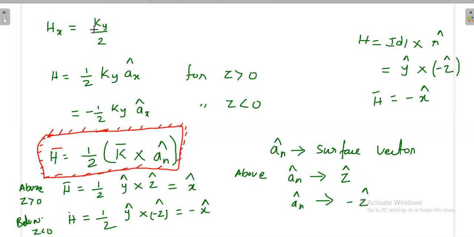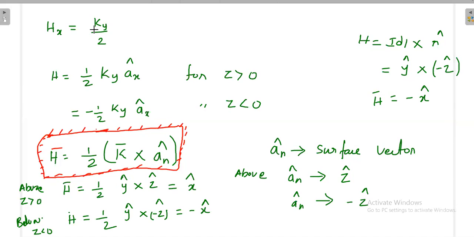Now somebody tell me, what is the vector nature? Is it tangential to the current or is it perpendicular to the current? Anybody? Perpendicular to the current. No, sir, what I am asking is with respect to the surface, not with respect to the current. Your surface is the xy plane. Is it tangential to the surface? Anyway, that is perpendicular to the current.